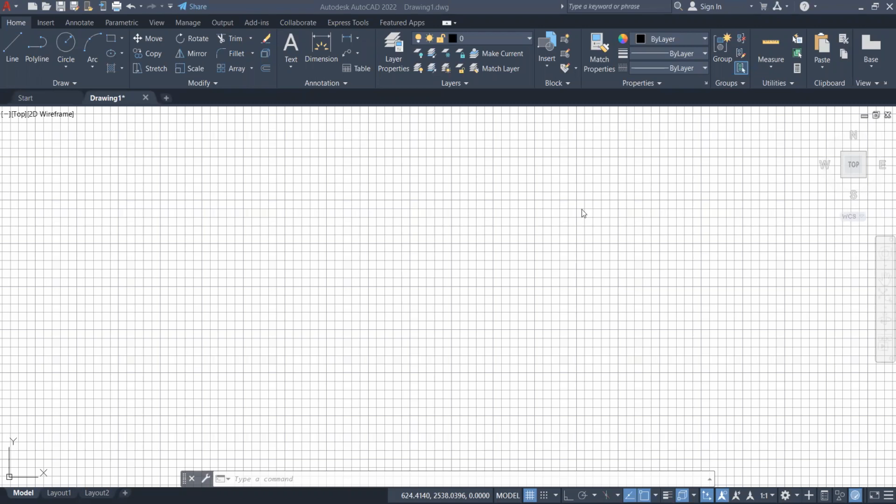Now today we want to look at how to change this color. You can see our drawing area is white, so how can we change it to black or another color? So basically what you do,